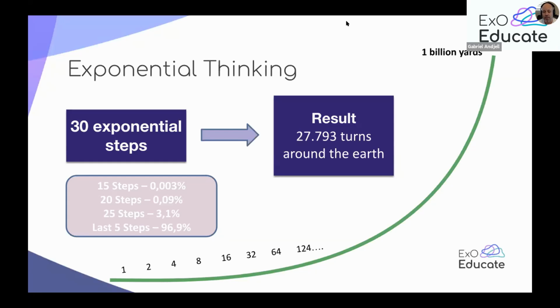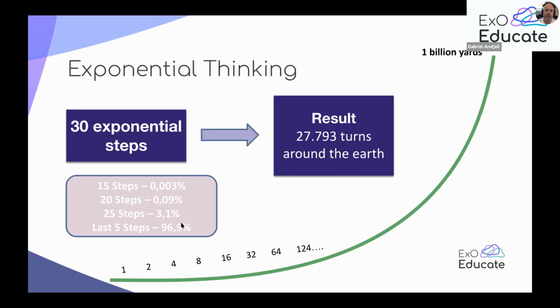That's huge. That's the impact we're going to be talking about, the impact of these types of organizations. Something very important about this type of organization is that you get the results just at the end of the journey. If you look at this table, at the last 5 steps you get 97% of the impact. What does that mean? It means that during the first 25 steps, you're not going to see the results you would see if you were doing it in a more linear way.